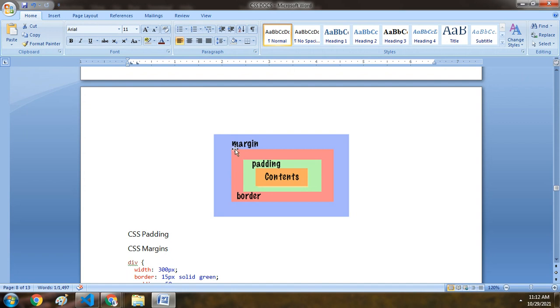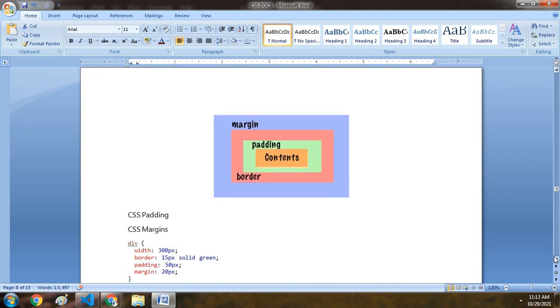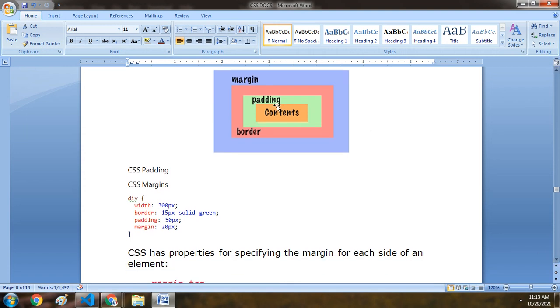Then after that there will be the inner one called padding, and the outer section of that page, maybe body or any other element, the outer section of that full section, is called margin. Margin is the outer section, and padding is the section inside the border, near to the content. So let us see some extra things with this. The padding and margin we can change with values. For example,